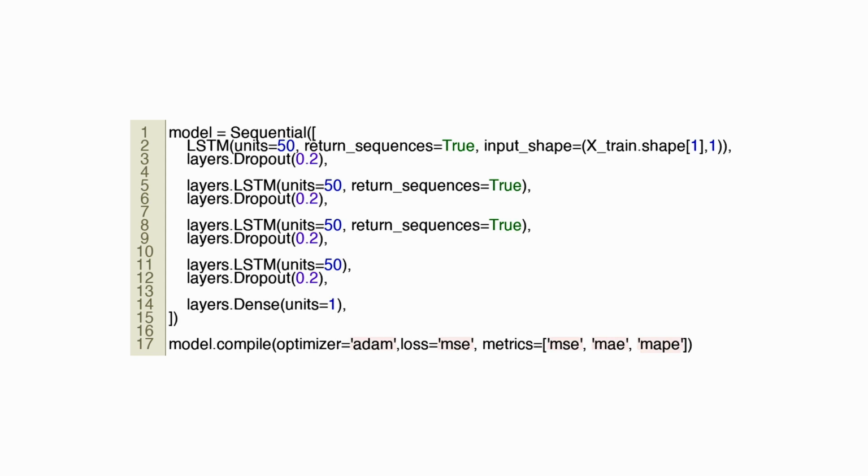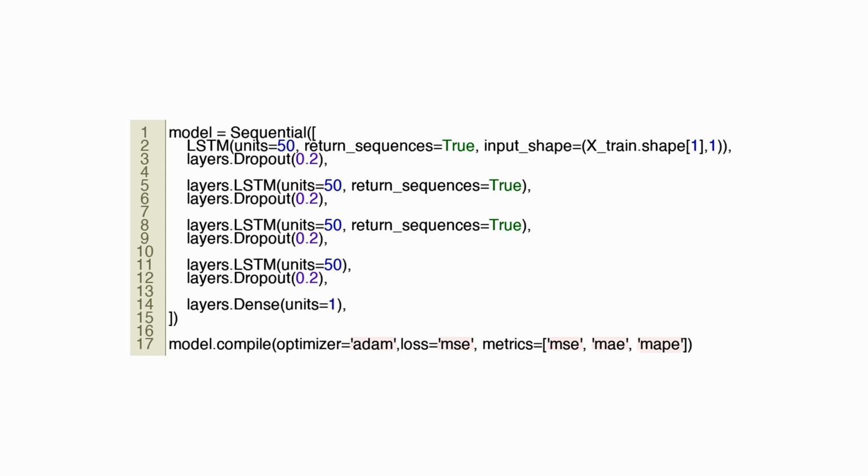The code then adds another LSTM layer with 50 memory cells and another dropout layer. This process is repeated one more time. Finally, there is a dense layer with 1 unit, which is used for regression tasks. This layer takes in the output from the previous LSTM layer and produces a single numerical value as the final